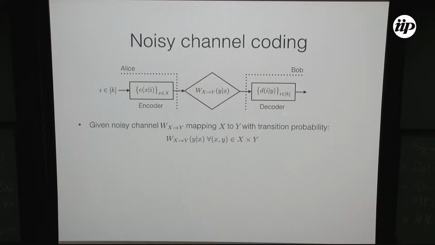Omar had a similar picture, or maybe even the same picture on his slide. So what's the setting I want to start with? This is all classical. We have a classical channel between two parties, let's say Alice and Bob. This is just a transition matrix from some input alphabet X to some output alphabet Y, and we want to send a message of size K over this channel. We could just put it in the channel and see what comes out, but if this channel is not identical but noisy, then we should be a little smarter.